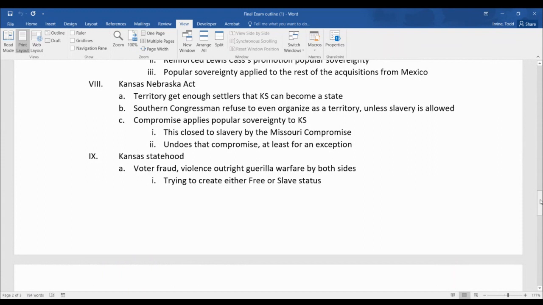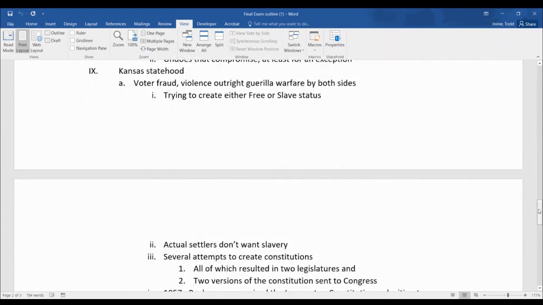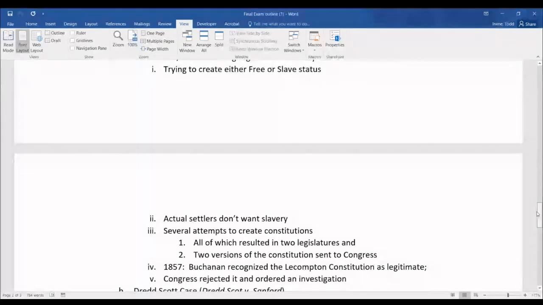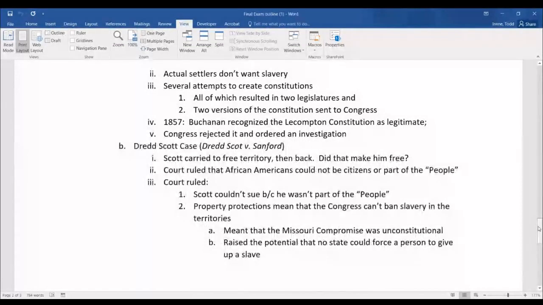Kansas, as it goes through its statehood, you also want to talk about how there was guerrilla war fighting between both sides, acts of what we would consider terrorism by both sides today as well. And that basically most of the people who were moving in to vote were trying to corrupt that process, moving in just to change that status, many of whom had no intention of staying as actual residents of Kansas. Some people do, in fact, immigrate there with the intention of becoming permanent Kansas residents. Note that they don't want slavery. In fact, you may mention that they did not even want African Americans to be allowed in the state,